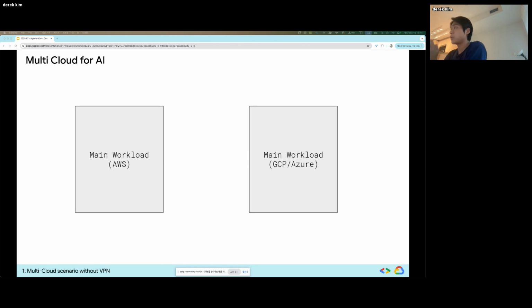Then we should send our data from AWS to GCP or Azure to develop some model for AI or machine learning. It means we have to send huge data from AWS or other clouds to GCP or